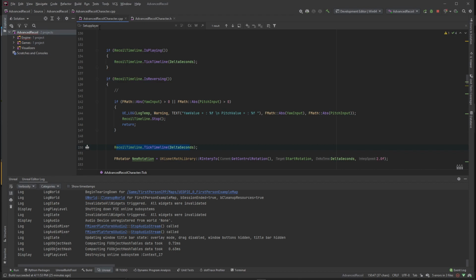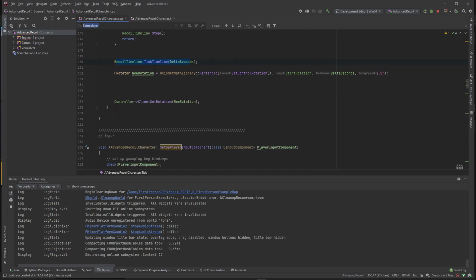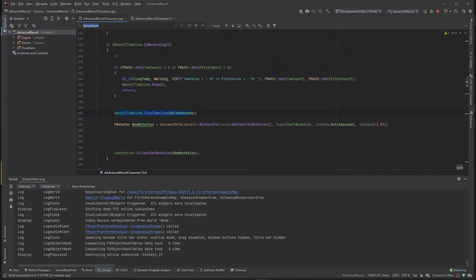But even if it's ticking, I don't have any values going through. But it automatically makes this false. I guess, yeah. If it keeps checking this when the timeline is reversing,